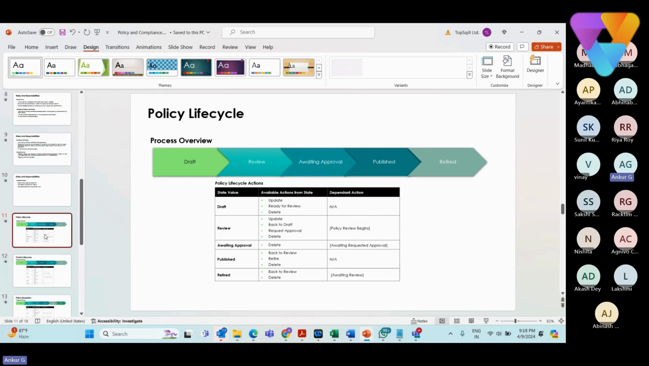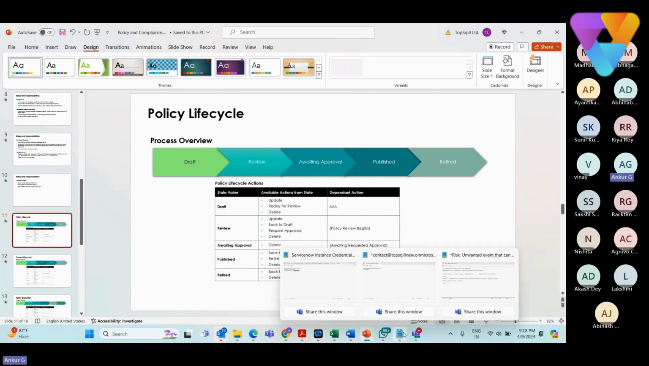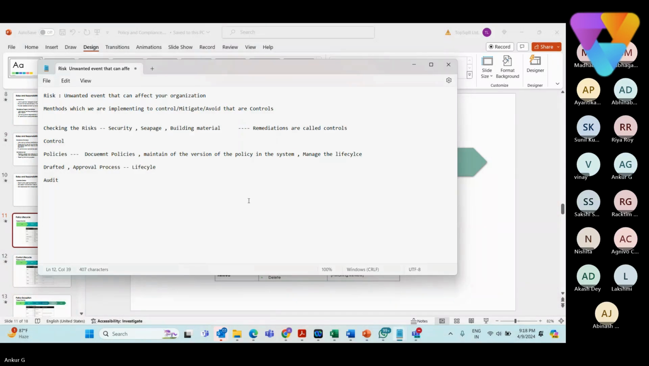And we are not stuck to this. This is the out of the box setup: draft, review, awaiting approval, published. We can modify this workflow as well. To modify this workflow in ServiceNow, we can configure the workflows. Here, to modify and change the workflow, we have two or three options. We can use the flow editor. We can use the flow designer,